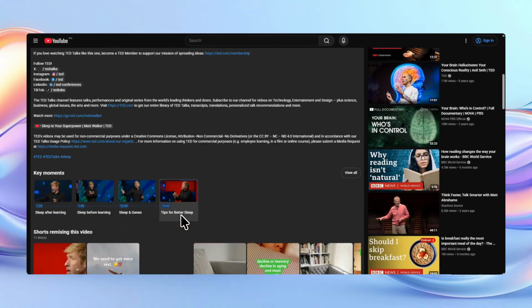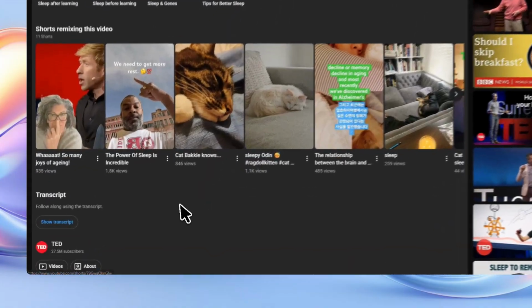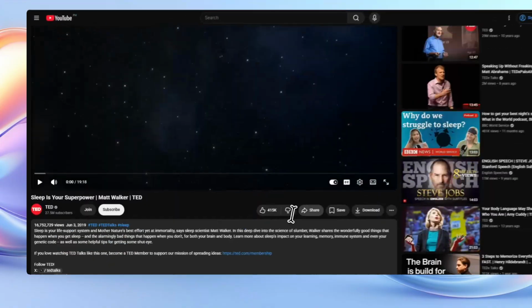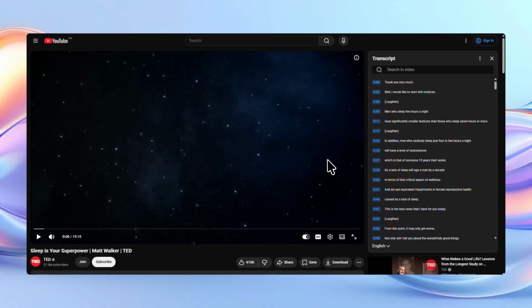Next, find and click the Show Transcript button. This will open the transcript in a panel, usually on the right-hand side of the screen or below the video, depending on your device and browser layout. The transcript is essentially the full spoken content of the video turned into text, and this is what you'll use